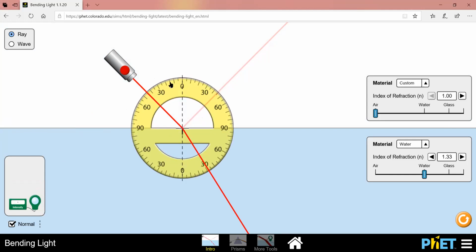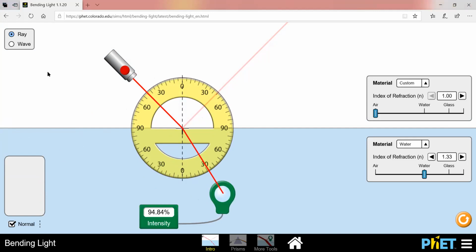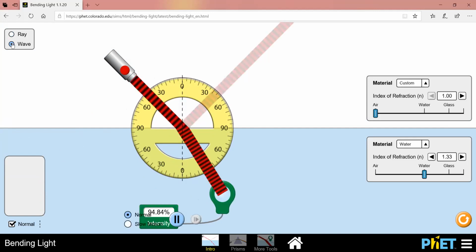You will know how they are different. You can also measure the intensity as well. You can change from ray to wave, many things that you can work on. Let's go back to the